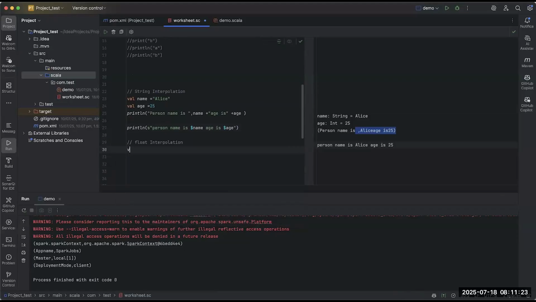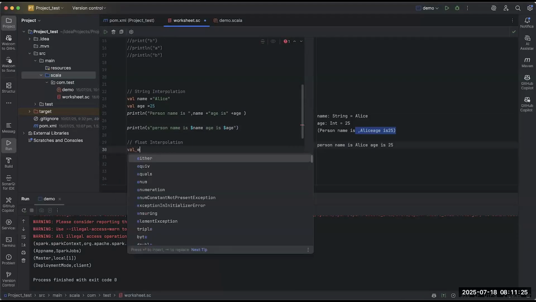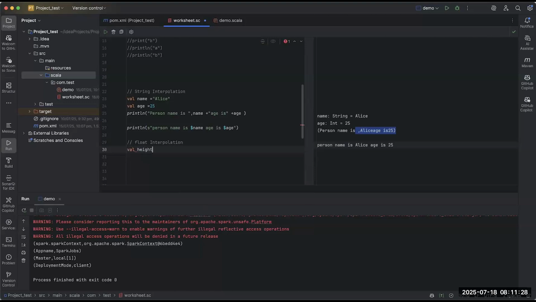Let's suppose that I have val height equal to 1.7523. I am copying this from the slide. And then you have println. Now this is a float, right? And you have to print this here. When you have a string, you did it like this. Here with the number also you printed like this, but here you have a float. Let's see what it does once we try to print in this way with the s interpolator.